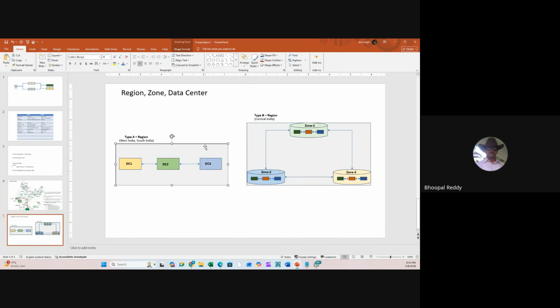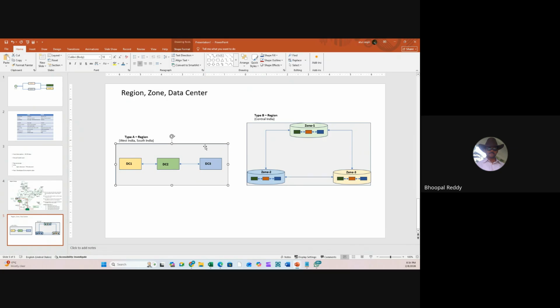Okay, coming to the Pune region, for example, zone 1, zone 2, zone 3 have different data centers. Are all these in the same premises, the same location? Perfect. Very good. Guys, in most of the cases, all these 3 zones will be available within the same premise in a region, but it's not guaranteed. Maybe there'll be distance between 2 zones, maybe in the same city but in a different premise. That is also possible. The minimum distance between zones will be 500 meters, and the maximum can be 50 kilometers also.